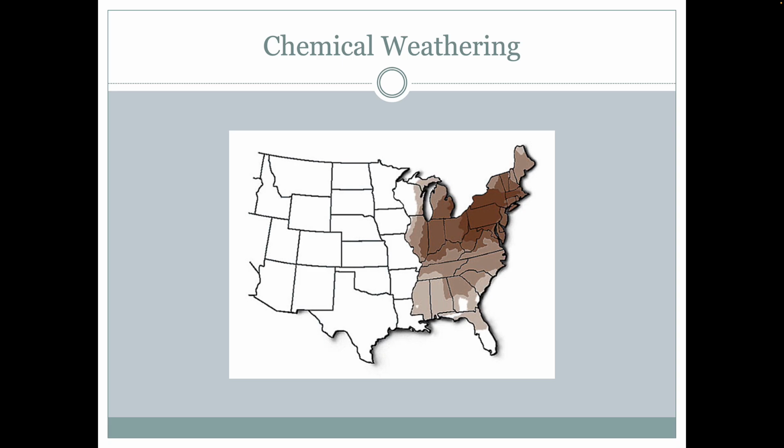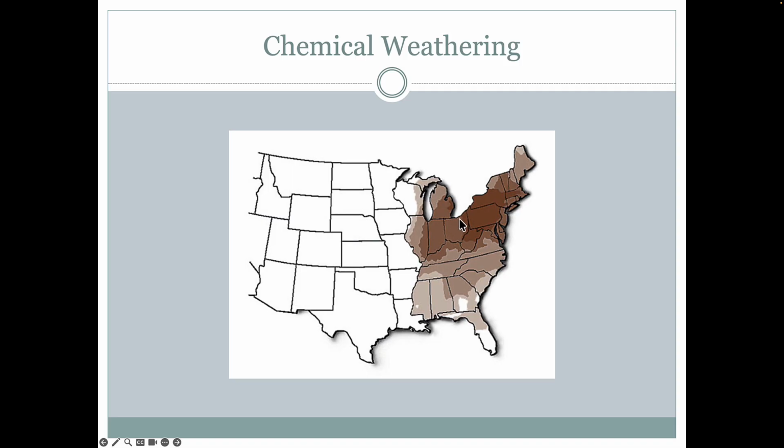So in order for oxidation to occur, it happens more quickly if there is some sort of acid, like sulfuric acid, in the rain. And this was actually quite prevalent in the United States in the past. This is a map of where acid rain was most prevalent in the United States about 50 years ago. And a lot of this was being caused by the heavy industry that was occurring in places like